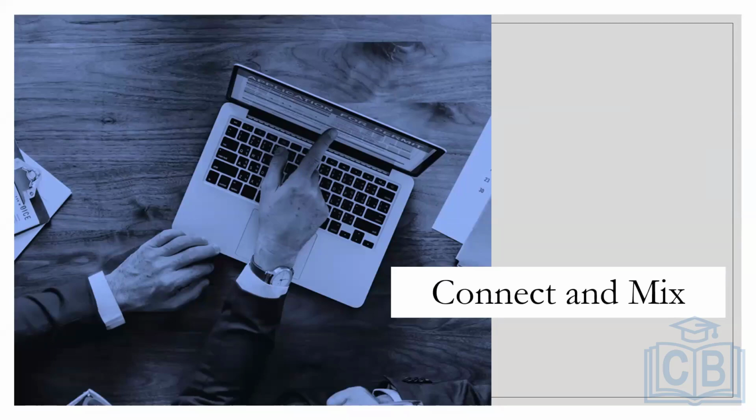The connect and mix tab will help you integrate all your data, all your Excel files, get your data from FTPs and SFTPs and schedule them, get your email level data, and get your external data versus your internal data in the form of APIs, because I have seen most of the APIs there